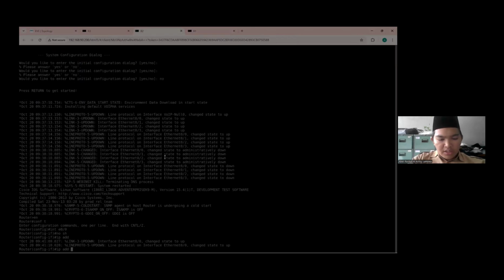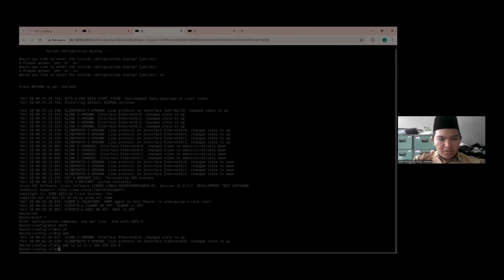So I'm going to use the same network, 12.12.12, but the host is 2, because host 1 is already used by router one. The prefix is the same, /24, or the subnet mask 255 three times and then 0.